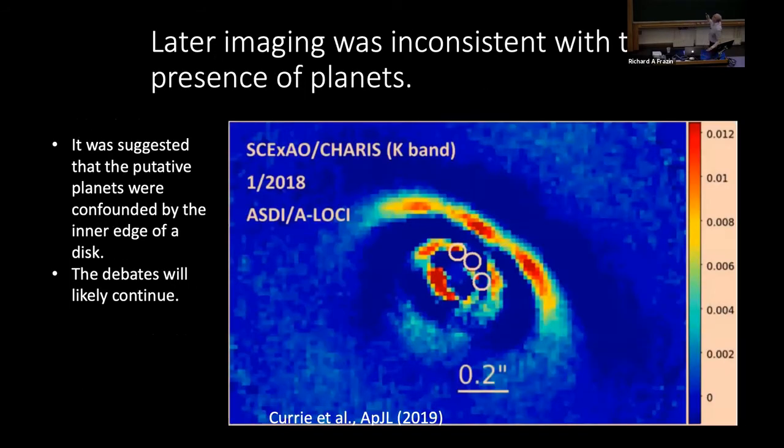Now, a later study with a different instrument, also using ADI, claimed to not see these planets. In this paper, they said that the planets the Nature article thought it had found were being confounded by an inner disk. Their idea was that the inner disk was somehow giving them a signal that, through the ADI processing, was,